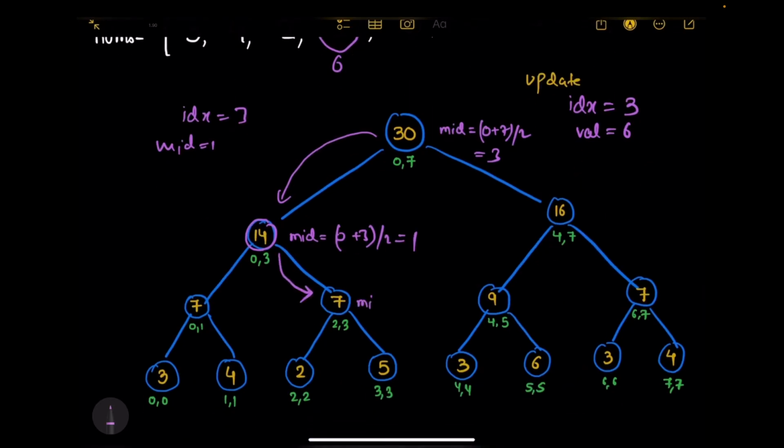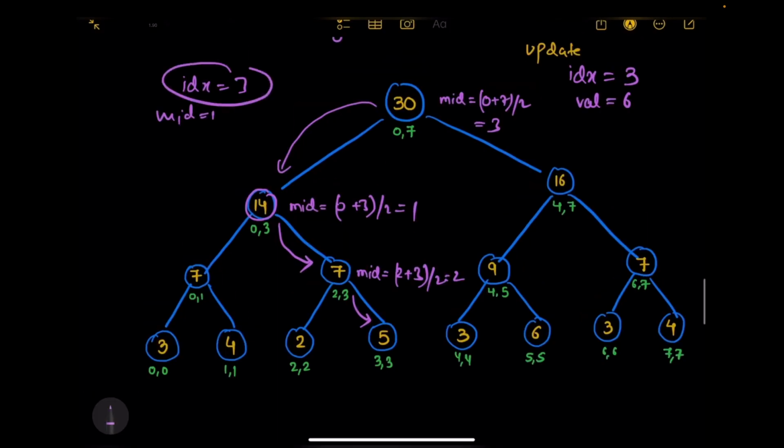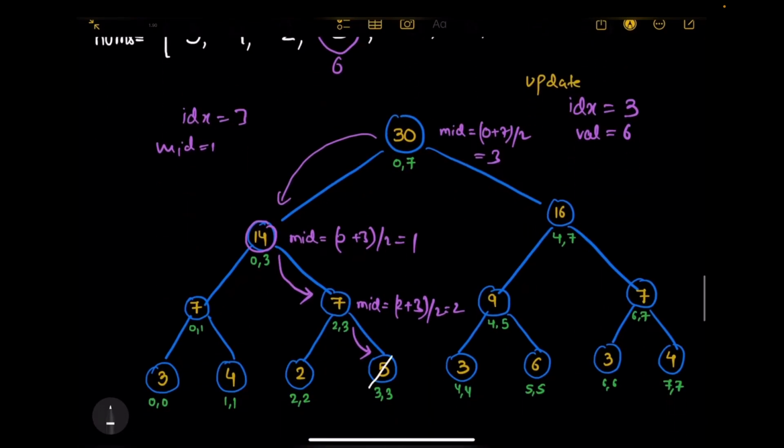ठीक है, यहाँ पर मेरा मिड कितना आएगा, 2 + 3/2 कितना आ जाएगा, 2 आ जाएगा। और हमें इंडेक्स 3 पर जाना है, तो ऑब्वियसली हम राइट साइड में जाएंगे। तो राइट साइड पे गए, यहाँ पर अगर आप ध्यान दो जो एल है और जो आर है एक्जैक्टली बराबर है ना, और वो हमारे आईडीएक्स से बराबर है। राइट, तो हम इधर रुक जाएंगे, ऑब्वियसली यही मेरा टारगेट इंडेक्स था और यहाँ पर हम आएंगे ही कभी ना कभी। तो यहाँ पर हम आ चुके हैं। इसकी वैल्यू में 6 बनानी थी, तो हमने काट के इसकी वैल्यू 6 कर दी। ठीक है, अब सिंस इसकी वैल्यू हमने 6 करी है